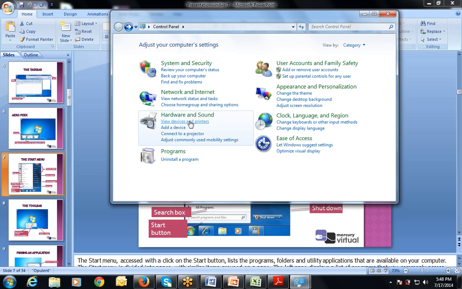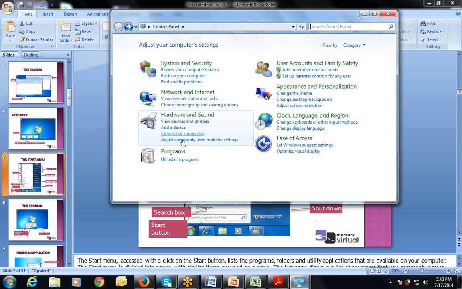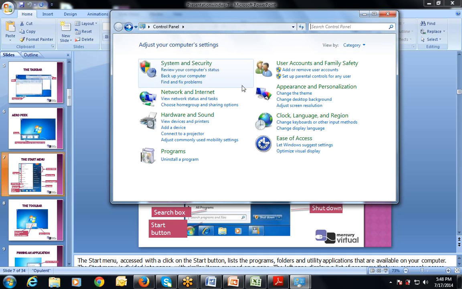And if I want to see the devices, I just click on this. All the devices are shown here: printer is attached, mobile is attached. And if I want to see the background, these are the background colors available. So all the settings and all the changes which I want to do in Windows, in the computer, are done by the control panel.